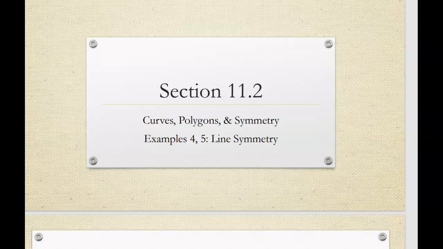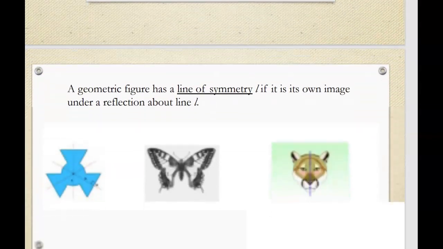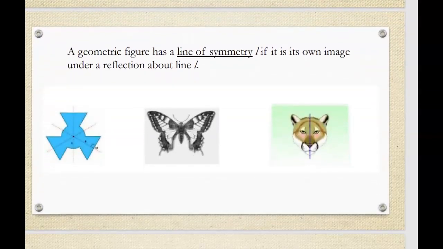to look at types of symmetry, and we're going to first start with line symmetry. So with line symmetry, it's where we can reflect across a line. So we're going to reflect the image across a given line. So like this figure right here, we actually have 3 different line symmetries, because if I cut this figure here